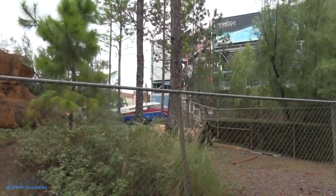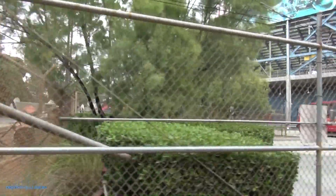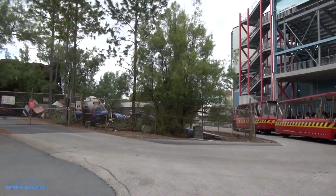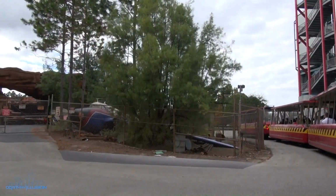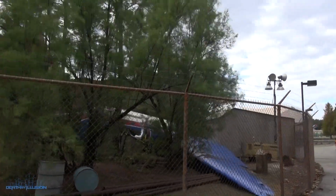On the right, we have an authentic piece of Disney history. That Gulfstream 1 was known at airports across the country as November 234 Mickey Mouse, but we just call it the Mouse. In 1964, Walt Disney and his hand-picked team used this plane to scout locations for what he called the Florida Project. Soon, they secretly began purchasing thousands of acres of land, which became the Walt Disney World Resort